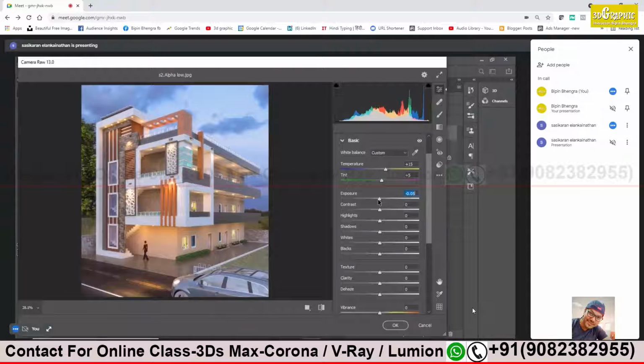Okay, second is contrast. Contrast is the difference between the dark and the bright areas. So again, you can experiment, increase contrast a bit, drag that small triangle. Yes, drag it toward the plus sign. There will be more difference. So make it 10-15. That's all. 10-15 is a very nice value. Okay, make it 15. Okay, fine.